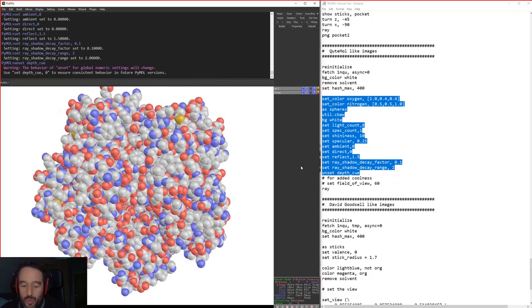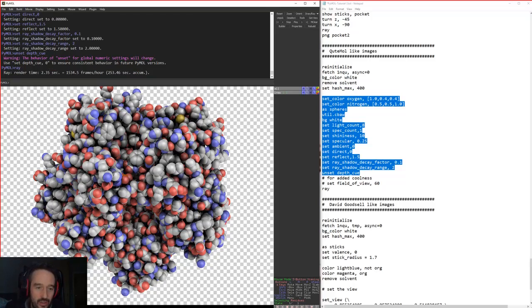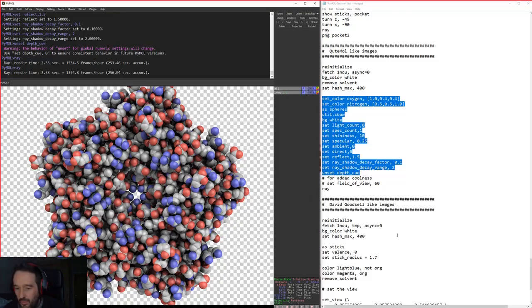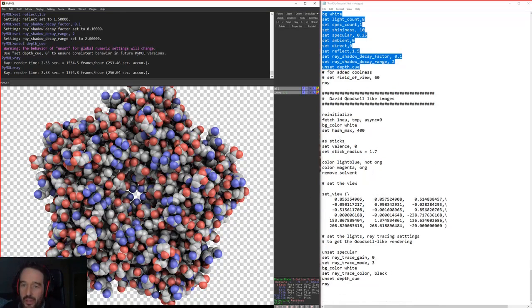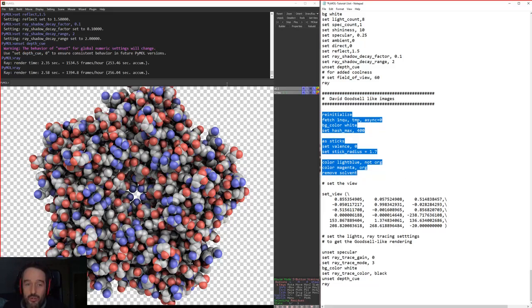And then when we ray it, we should get all of those fancy features that we've defined here, where you can see that now it's a very different looking kind of molecule. This is really just to emphasize that there's lots of different ways in which you can manipulate these images. There's a guy called David Goodsell. He does a lot of watercolor paintings of molecules. So you can also recreate some of the David Goodsell like imagery by